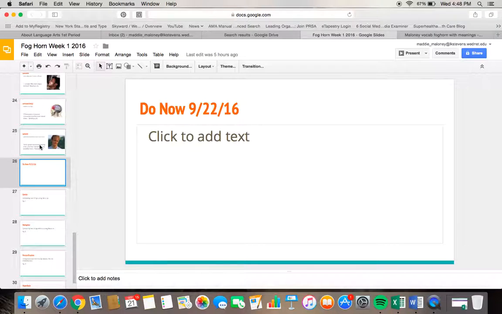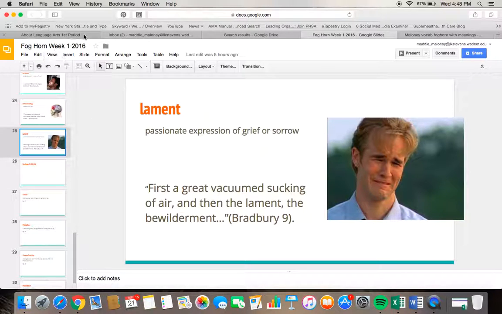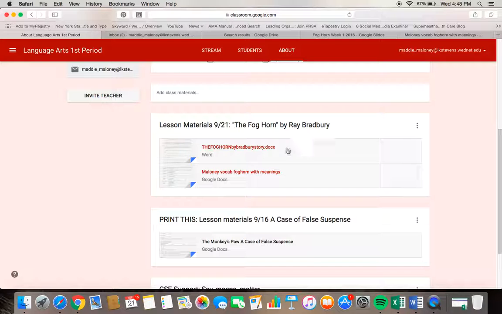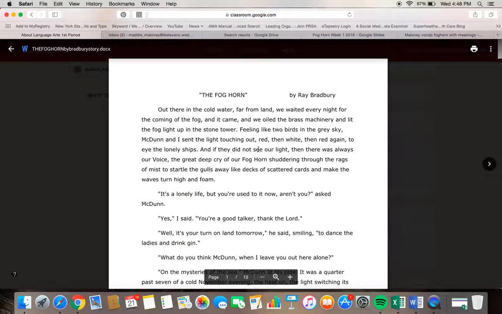We are going to go to our text, so I'm going to go ahead and open it up. Okay, and in our text, what we did today is we annotated for vocabulary words, which I won't have you do. We're just going to skip that step. But we also annotated for elements of suspense, such as foreshadowing and tone and mood. So I would like you to maybe have a piece of paper next to you, or possibly even print out this story. It's up to you. So you can pause now to figure out whether you want a scratch piece of paper to take notes on, or whether you want to print the story.